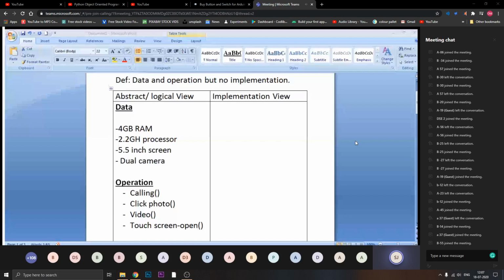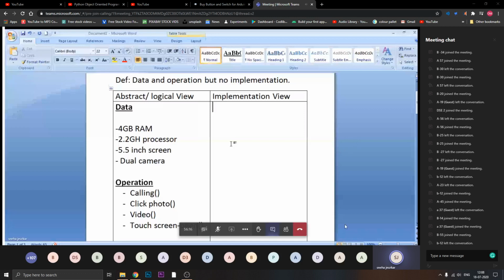Now the implementation view, I have given you the second definition. We are not considering the implementation part. When you are representing the abstract data type, you are only focusing on this part, not this part. Okay, but I'll tell you what the implementation will be. If suppose I want to perform this kind of thing as an implementation view, what I'll be writing, okay, suppose I'm writing in C++, it is not for you, but for a better understanding,